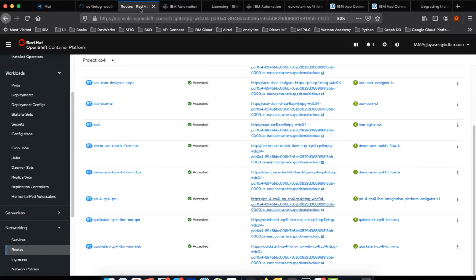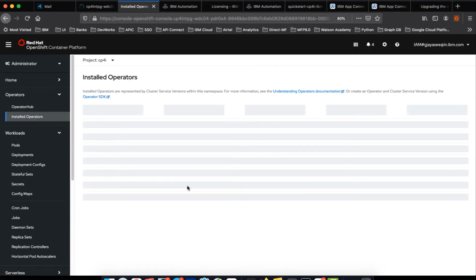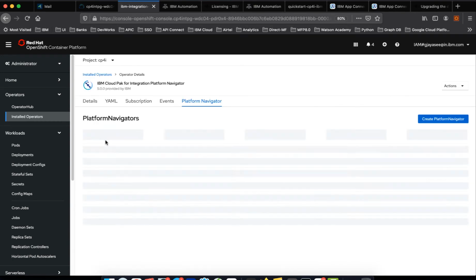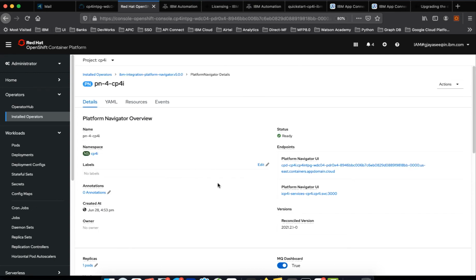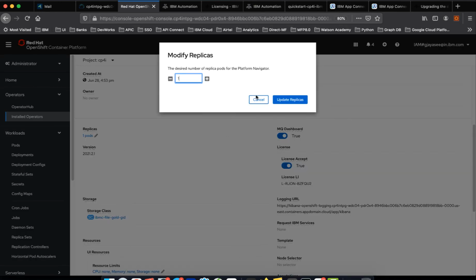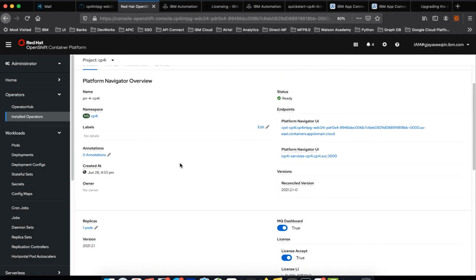So just to ensure, are we having a right version installed? Coming back to the operator, platform navigator. So now if you look at it, it reconciled to new version. Okay, so this is very important. So if it is the older one, then it has not been upgraded, and you can increase the pod and all, but we are not going to do that.